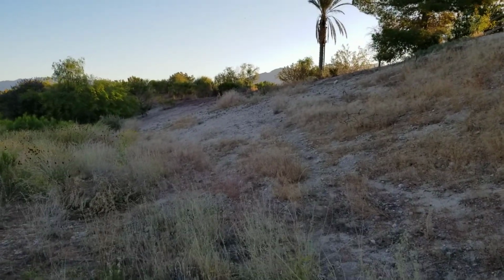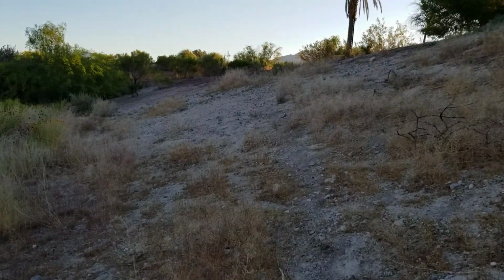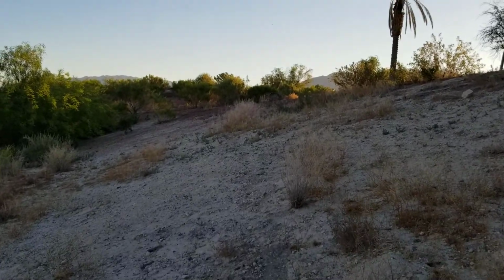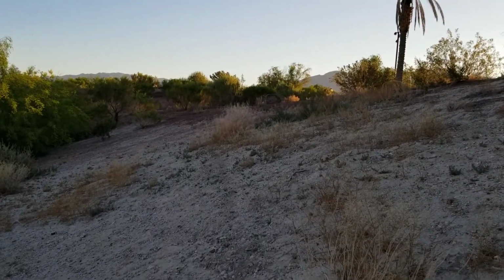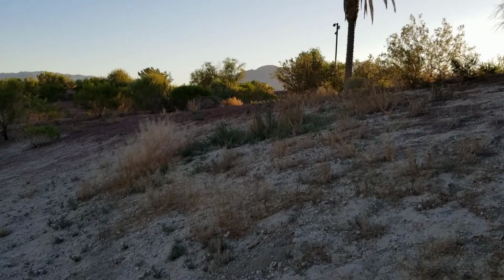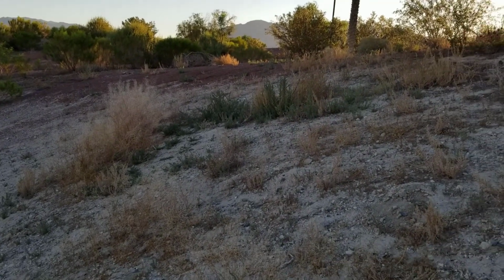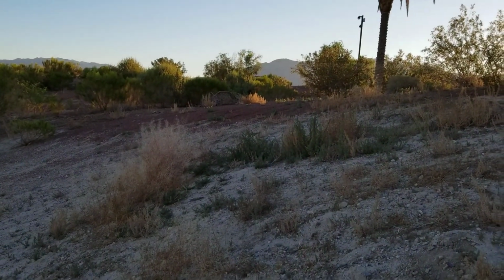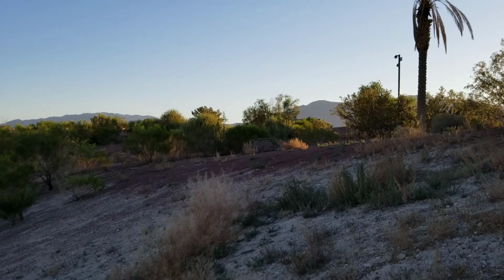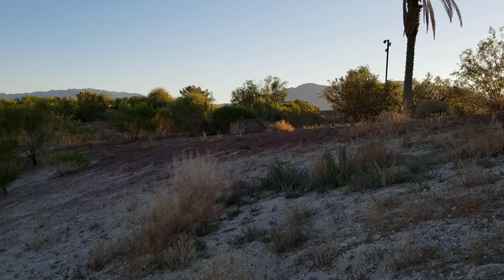In my wilderness runs, there are a lot of avalanche slopes to navigate. And here's a little avalanche slope I navigate every day, which just helps to keep my awareness on my feet and the security of where I'm planting my feet. I can go diagonal across an avalanche slope, but if I continue this way, I'm going to slip. So I'm going to go straight up and then turn. And I do that same movement in the wilderness. I avoid as much as I can going diagonal across an avalanche slope,